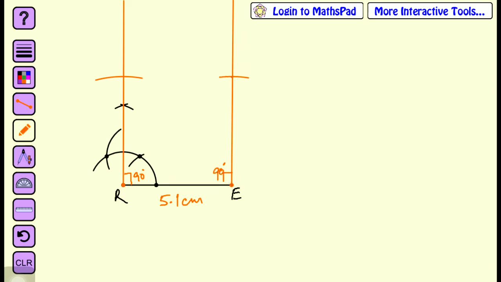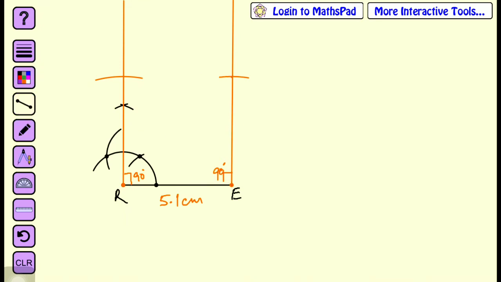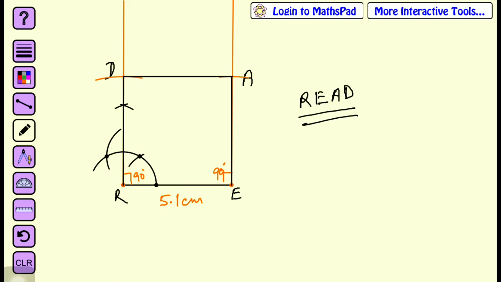After this what we will do, we will join these points of intersection to the points R and E together like this. And how we got the vertices of the required square? This is R, this is E, this is A, and this is D. So this is our required square READ, which is a special kind of quadrilateral named as square,